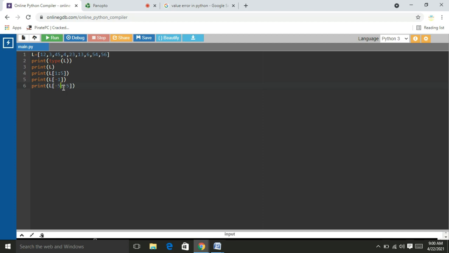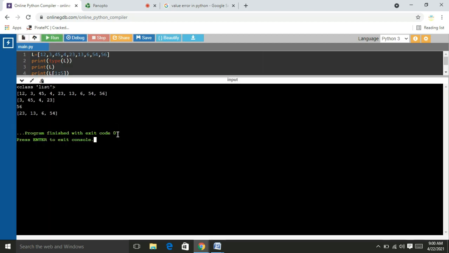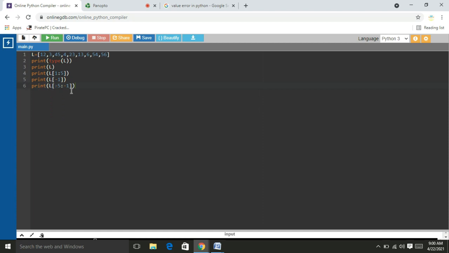So the starting index value must always be less than the ending index value. Now we can observe that, right? Okay, friends, it will be printed.